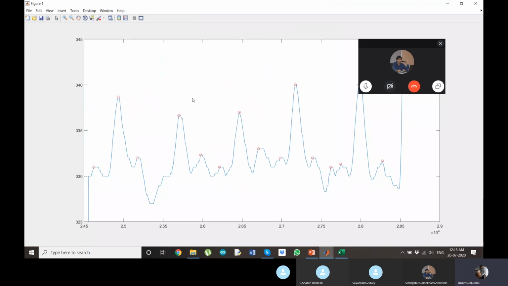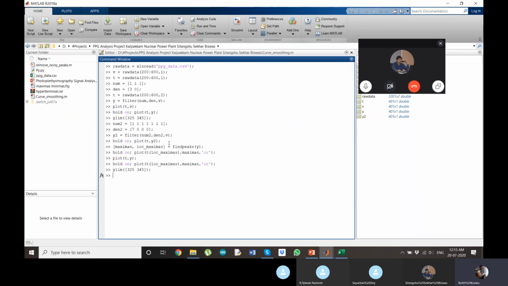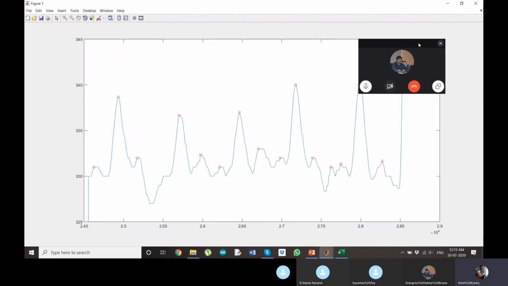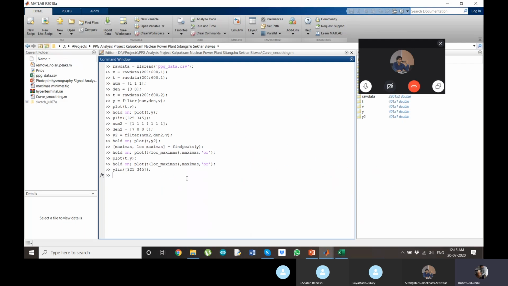Okay. So this is the filtered curve, and the maximas have been plotted with circles. So this is the systole maxima. This is the systole, the peak for the systole, and this is diastole. And you can also observe there are some stray maximas out here too, like this one, these two. We need to eliminate these also during the real analysis, because otherwise we can't generalize the problem. Because I have chosen a specific range here, I will manually just now calculate the times and all, but we have to generalize later on.